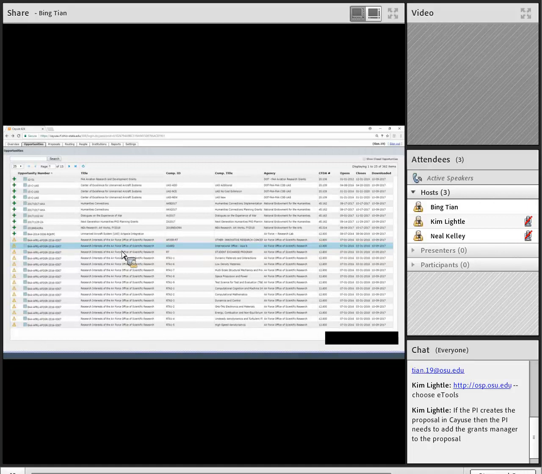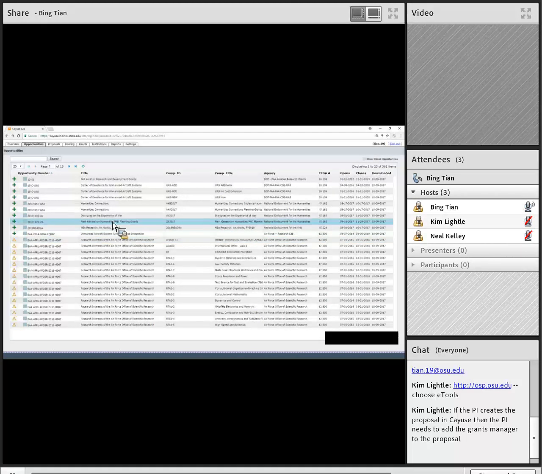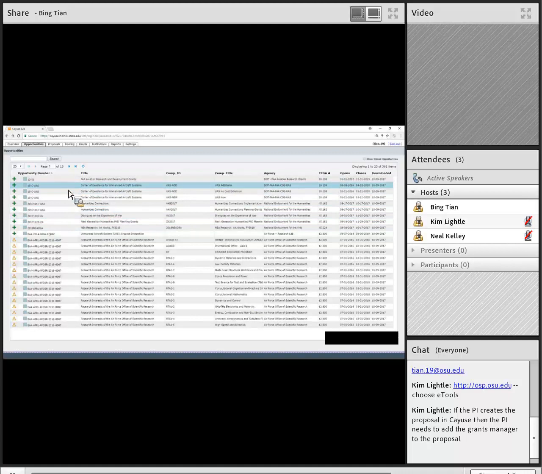It's a list of all the currently available funding opportunities in Cayuse. As Neil just said, it can be searched by the program or opportunity number, this column, or